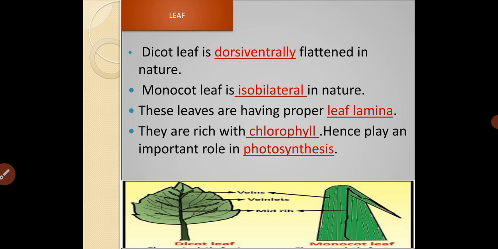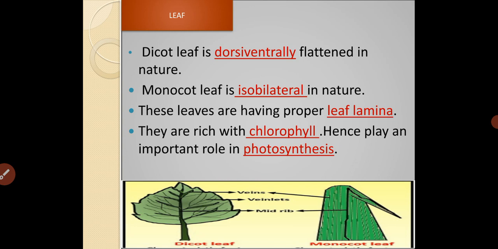This is about the morphological adaptation seen in the mesophytes. The root is well developed with abundant root hair. In case of the dicot, a taproot system is present. In case of the monocot, a fibrous root system is present. The stem is aerial, erect, woody and herbaceous in nature. The dicot leaf exhibits the dorsiventrally flattened condition. The monocot leaf is isobilateral, with proper leaf lamina, and it is rich with chlorophyll and helps in